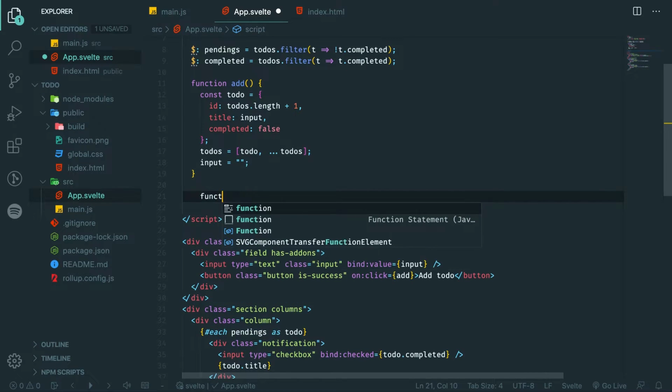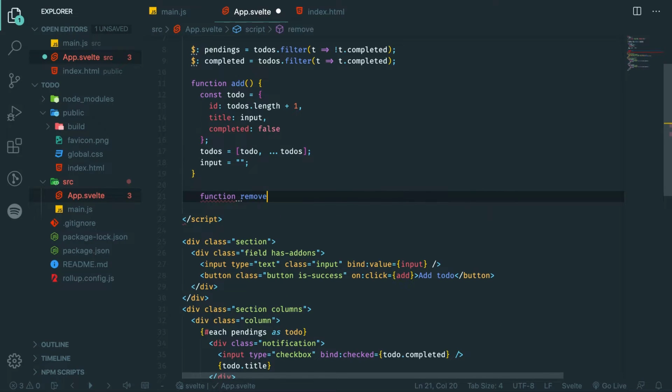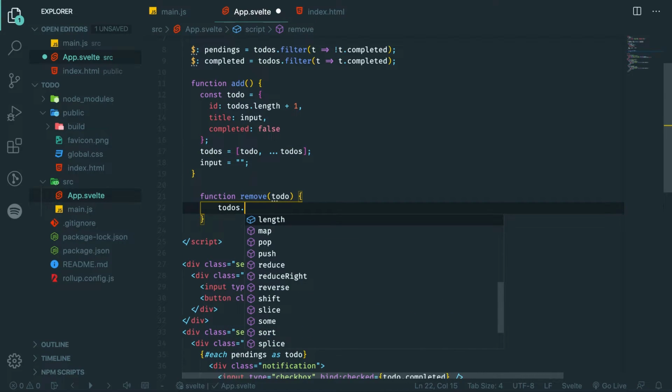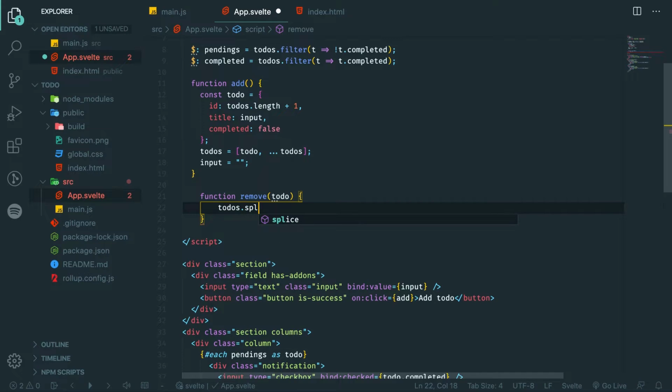So it's the same way, we just add function remove, and what this is going to do is, as you might think, well, we need to pass the to-do here so we know which to-do we need to remove, and we could use something like splice or slice for doing this, but as I told you before, we need to declare a new value for the variable. So we're going to say to-dos equals, and what this is going to equal is we're just going to filter